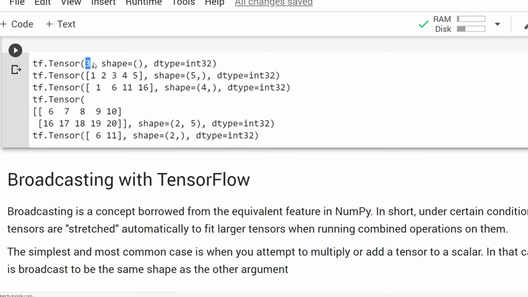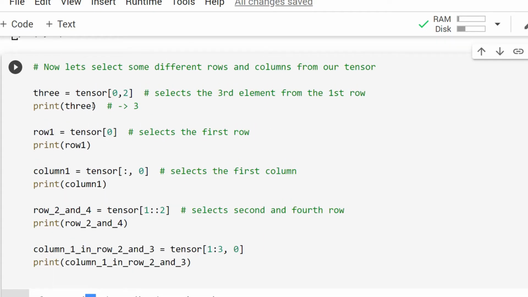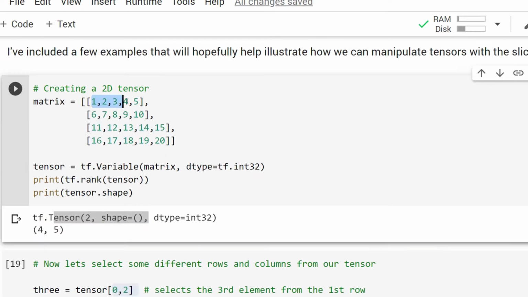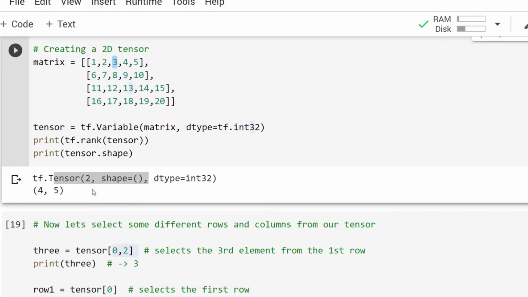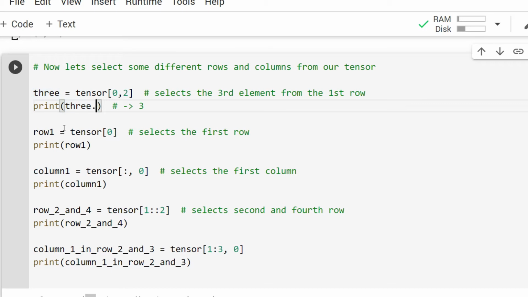So this 3 is printed as a tensor. If I want only the value, I have to use the dot numpy function here. So 0, 2 means 0th row and second index value. So 0, 1 and 2. 0, 2 is 3. So I am going to print only values. The dot numpy function will be used for every printing.